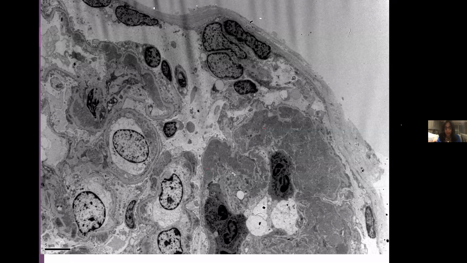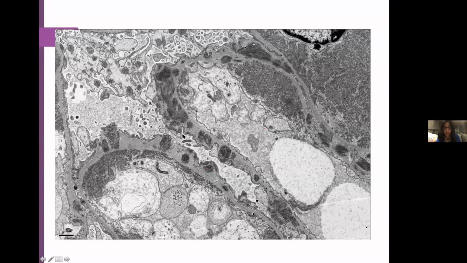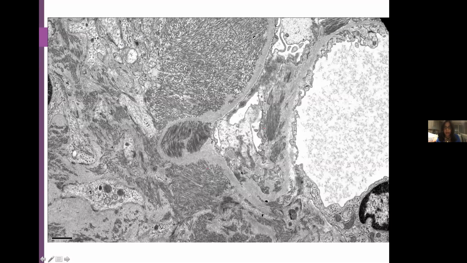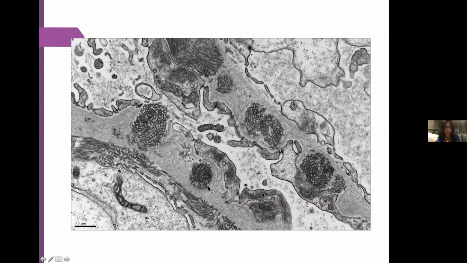And on higher power, do you see the microtubules? It was actually an amazing case. Look here. This is typical classic what you call a microtubular structure, and this is immunotactoid glomerulonephritis. As you can see, they are present subepithelial, subendothelial, in the mesangium, everywhere. And on higher power, you can even see more the microtubules here and here. And I think, yes, you can see on a very high power the microtubules here as well on the glomerular basement membrane.